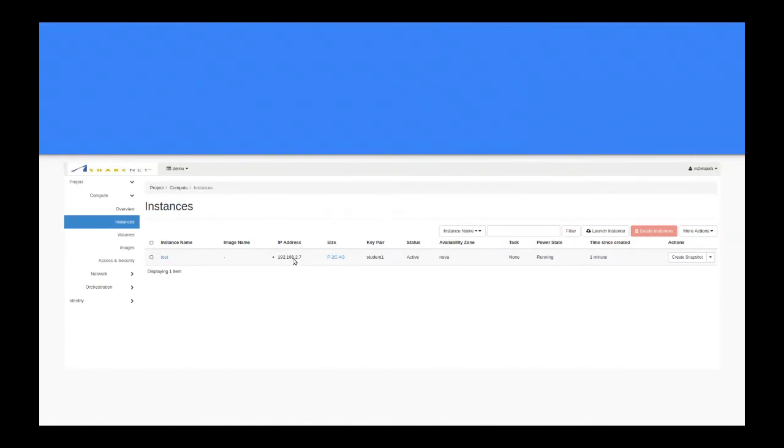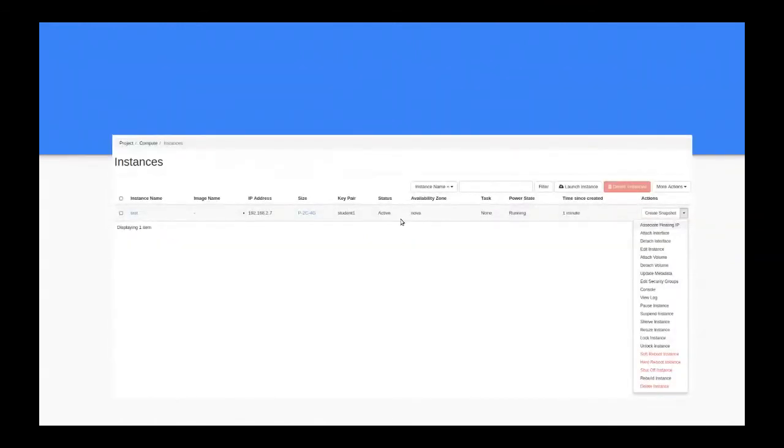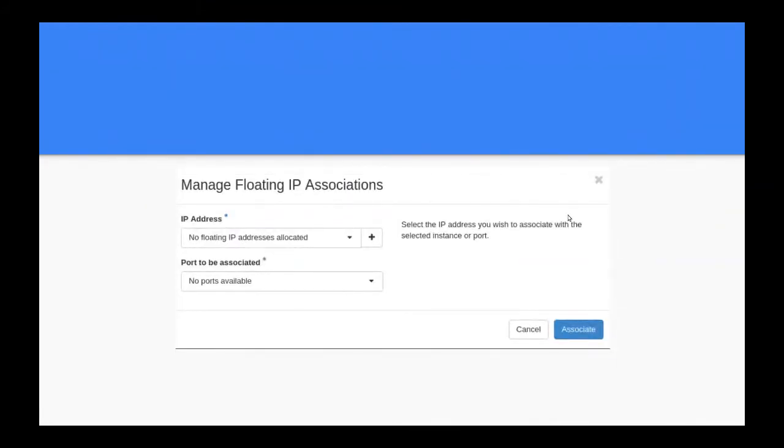So what's the solution for that? The solution is finding the floating IP that you're allocated and then attaching it to your instance. Here, as you can see, if you click in here, you'll find associate floating IP. Associate floating IP is basically attaching a floating IP to your instance. The floating IP is a public one, so this way you're able to reach the actual instance from the internet. If you click on associate floating IP, you will see that there's no IP address and there's no port. This means that you haven't yet requested the floating IP to be part of your project in the cloud. So you click here on the plus sign,